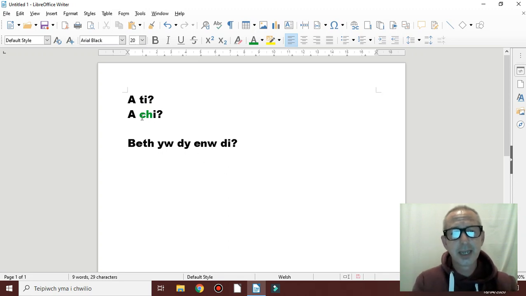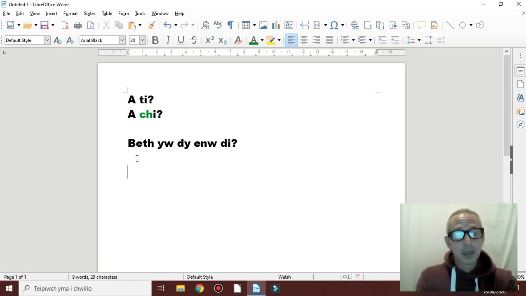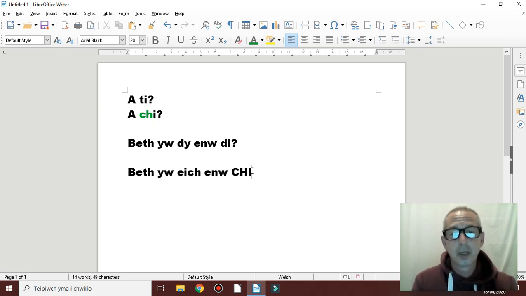Remember this chi here. This is a key. You need to remember the chi for plural or somebody you don't know very well. It changes to Beth yw eich enw chi. The plural. Beth yw eich enw chi.